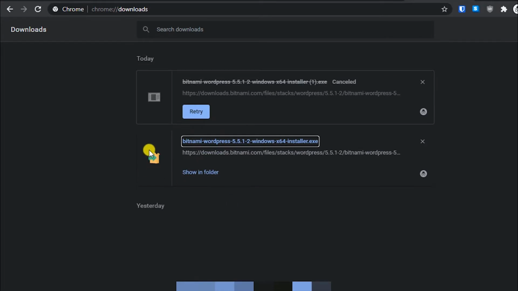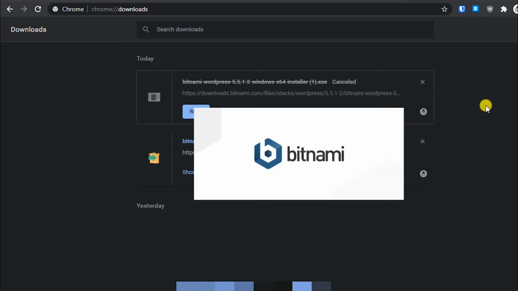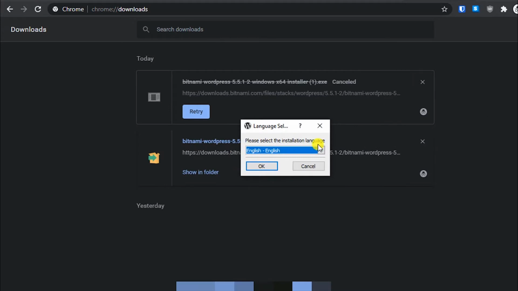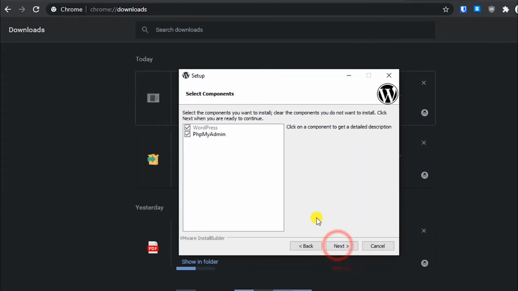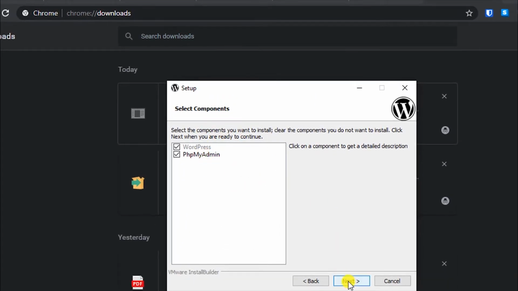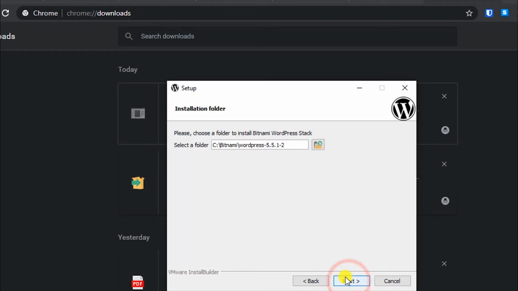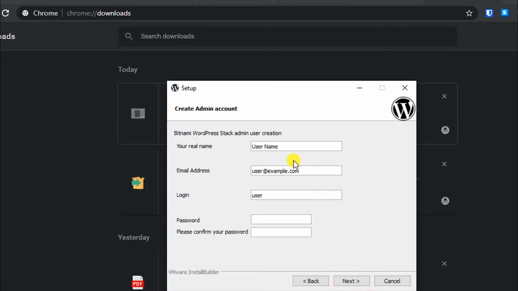So this is how the setup installing process is. Just simply install it. Okay, so first select your language, and then from here click on next, and then take both these options and then click on next. Select where you want to install it, so I will just keep it on default and then click on next,